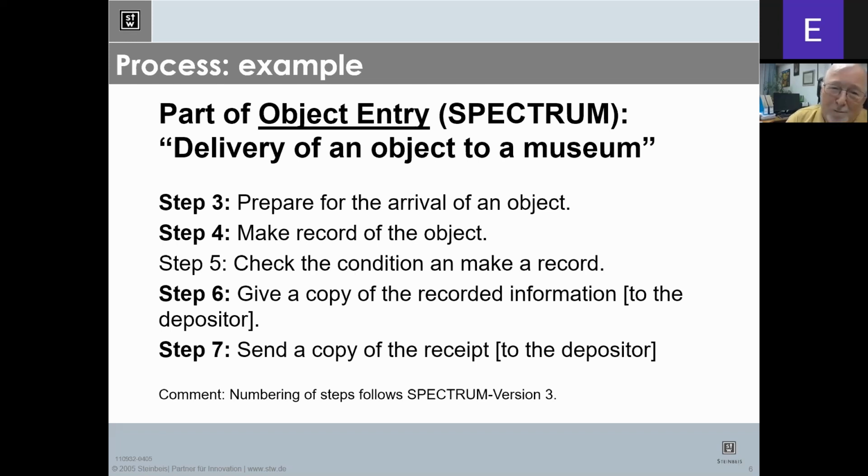So in the Spectrum procedure, as I have shown you some minutes before, you have step 3, and these steps are no longer used in Spectrum, but to structure this whole work better, I'm still using the term step. Step 3 prepares the arrival of an object. Step 4, we make a record of the object. Step 5, checks the condition and makes a record. For example, if the object is not in good condition, you must do something or refuse to use this object. The next is give a copy of the record information to a depositor. So if somebody is offering